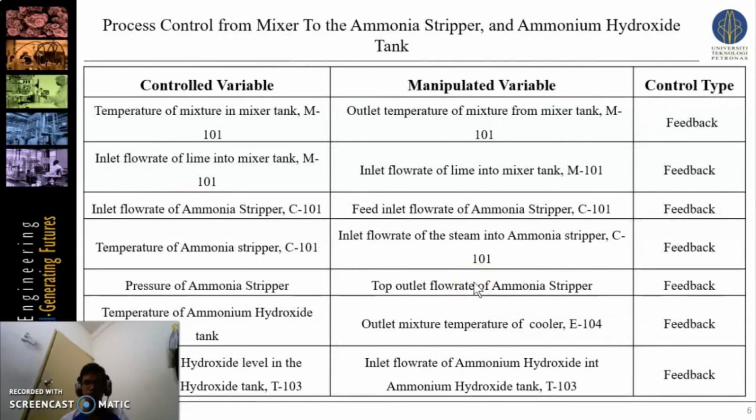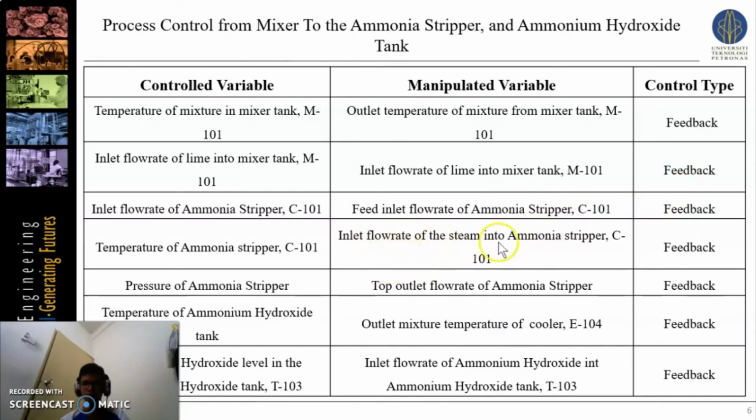The third one is process control from the mixer to the ammonia stripper and ammonium hydroxide tank. First of all, the temperature of the mixture in the mixer tank is controlled by a feedback control system, and the inlet flow rate of lime into the mixer tank is also controlled by a feedback control system. Moving on, the feed inlet flow rate of ammonia into the ammonia stripper C101 employs a feedback control system, whereas